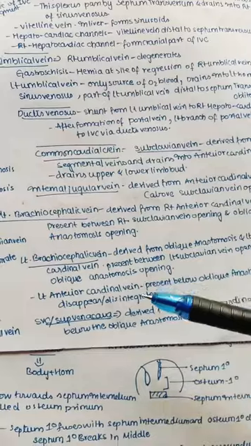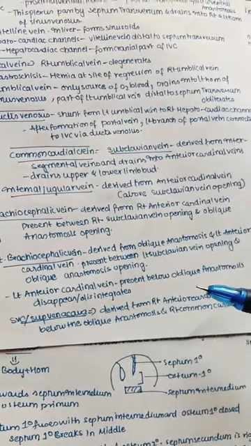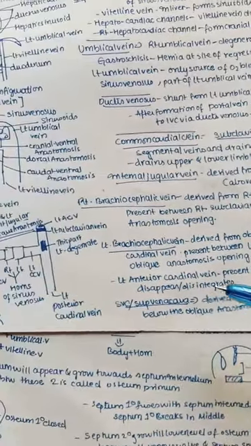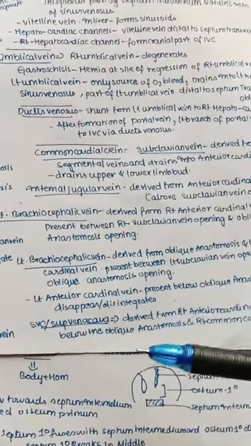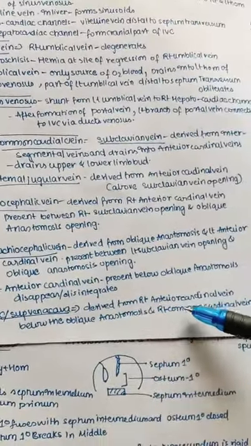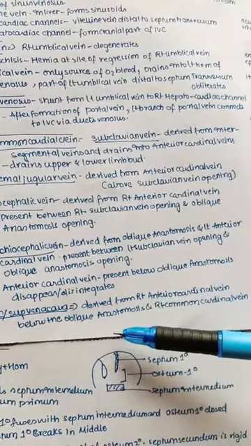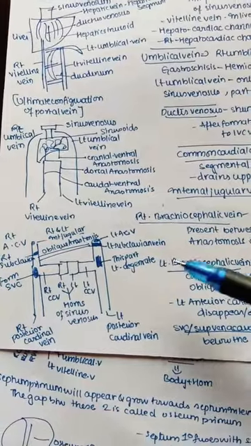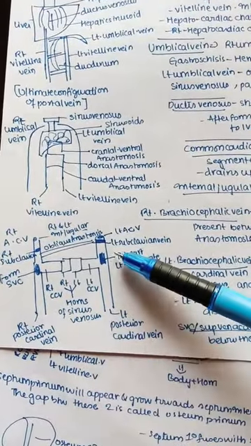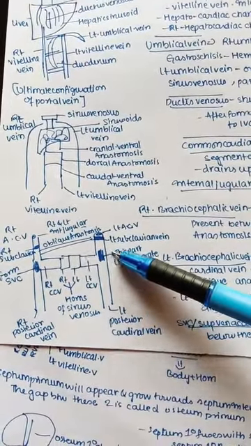So the left anterior cardinal vein present below the oblique anastomosis disappears and disintegrates. So the left side, as we said, disappears and disintegrates. Superior vena cava is derived from the right anterior cardinal vein below the oblique anastomosis and the right common cardinal vein. Here you can see this is the right common cardinal vein. It's here.